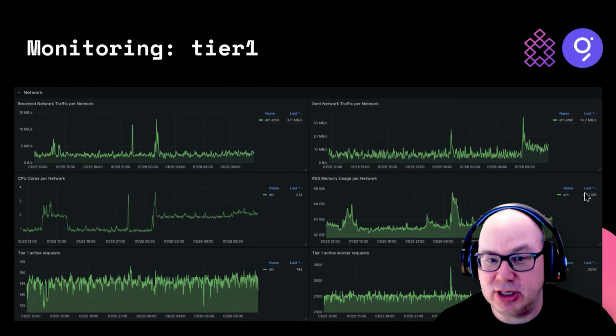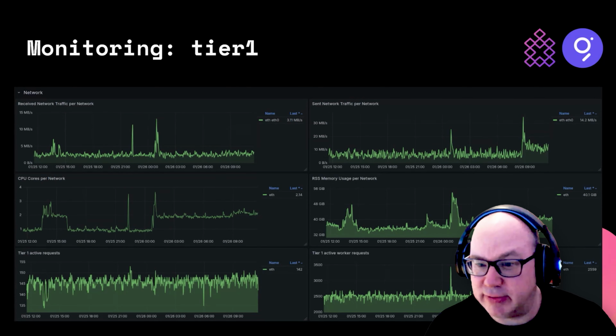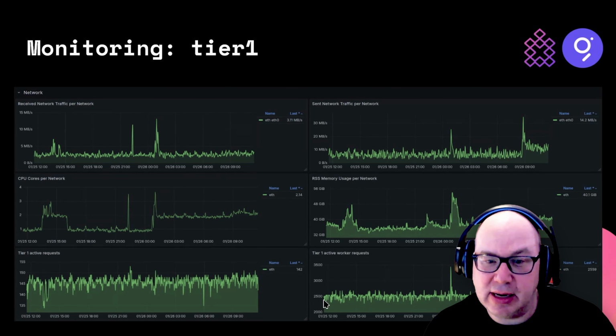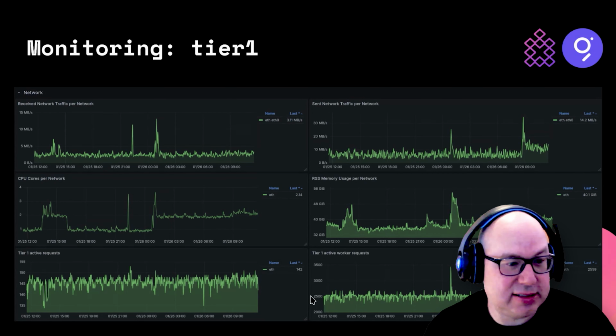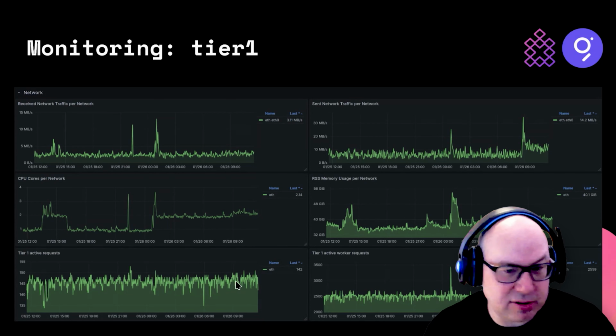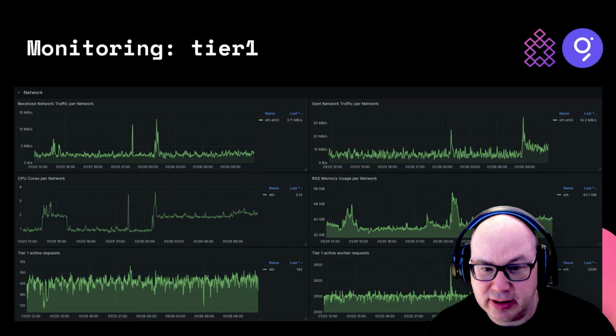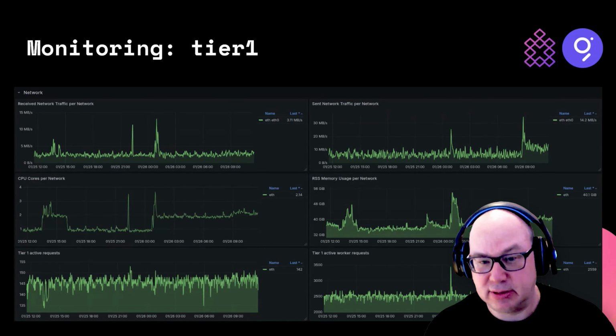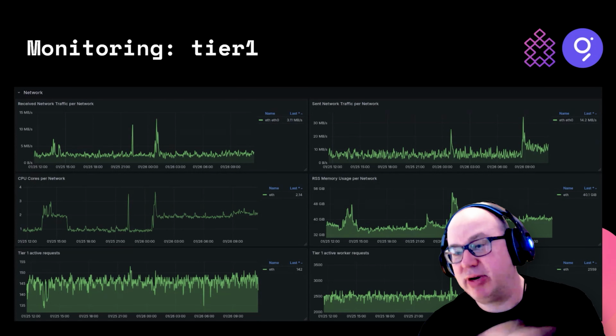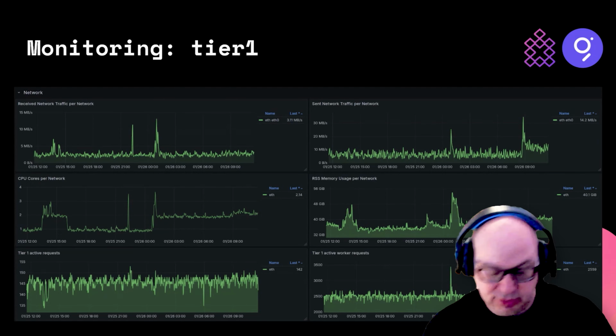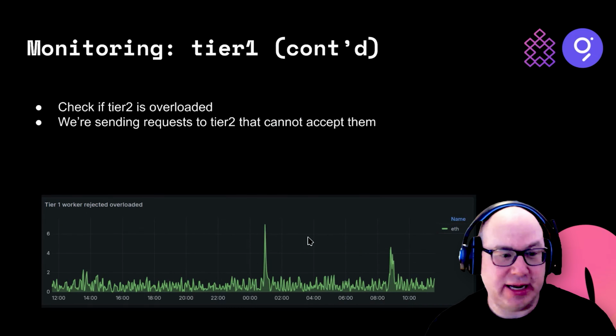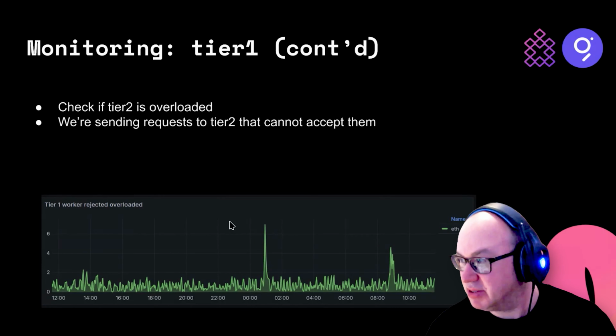All right, so memory usage. So here it's using 40 gigs of RAM, and it's sending out 2500 worker requests. So this is how many requests are active in the tier 2. And the last chart is how many rejected ones.